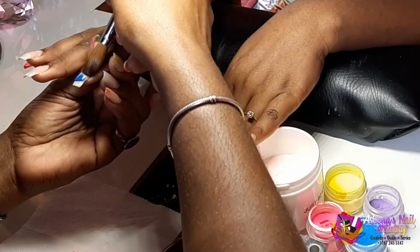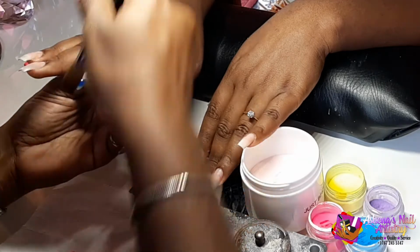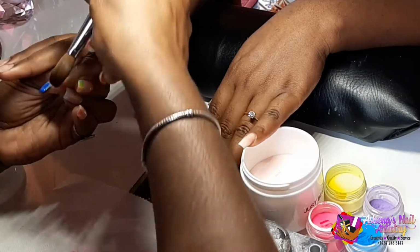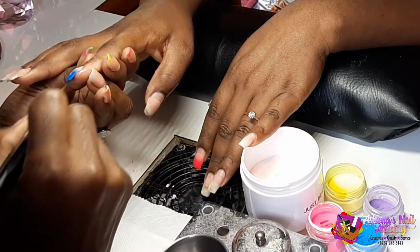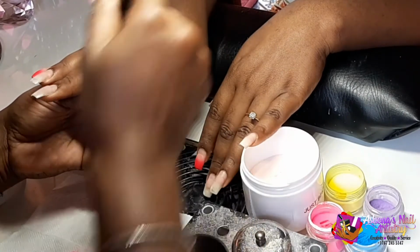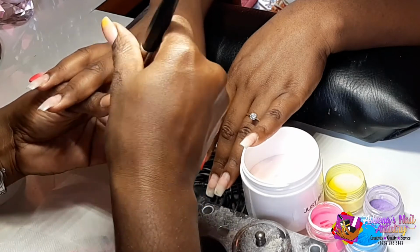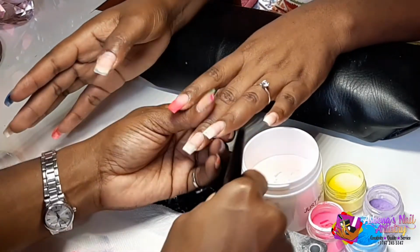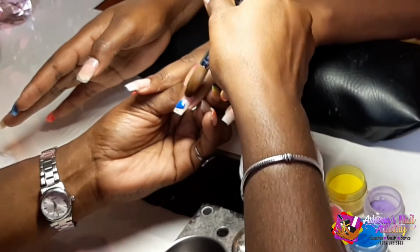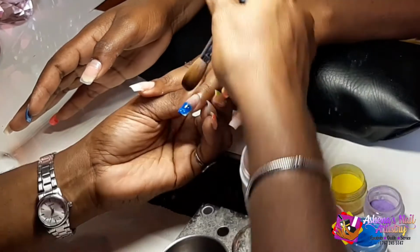In a lot of cases also, you may not be able to do a first set the very same day that you do a soak off, because people are different and people's nails react differently, and the chemicals that are used to remove acrylic is different from the chemicals that are used to bond acrylic. So in some instances, you might be required to do a soak off, let's say a couple days prior to doing a new set, because in some instances, it's very rare but it does happen, you may end up actually